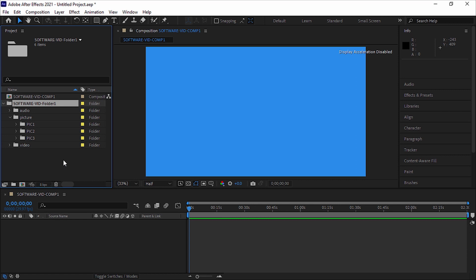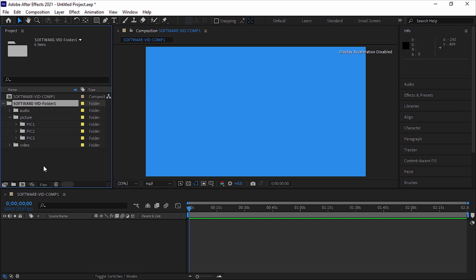Of course, this is not necessary at all, because After Effects is not a linear software, and when working with this software, you can easily select different files from different parts of the hard disk and add them to the project. But categorizing files will increase speed and create order in the project.